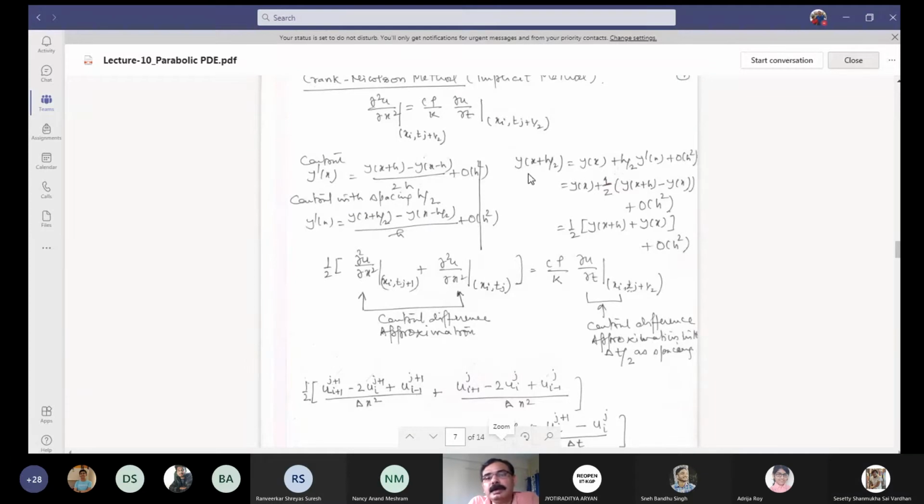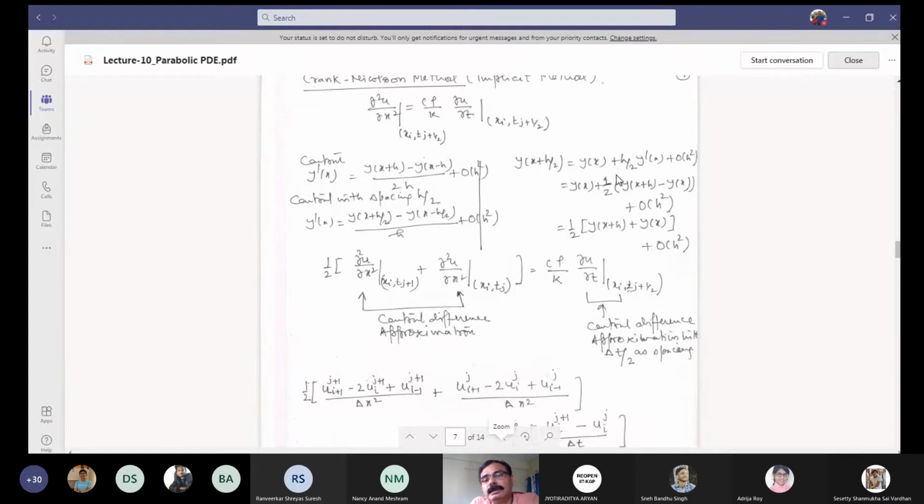Next, this is also something we have used while talking about the Euler-Cauchy method just before Runge-Kutta method. y of x plus h by 2 can be written as the average of y of x plus h and y of x. So y of x plus h by 2, just write down the Taylor expansion. So this is y x plus h by 2 y prime x plus capital order h square, and this equals y x, and then you write down this h y prime using your